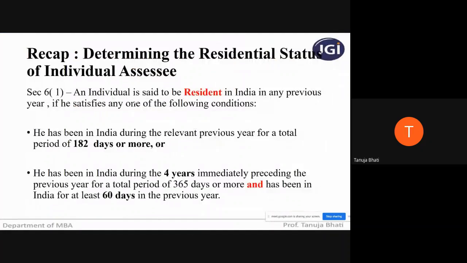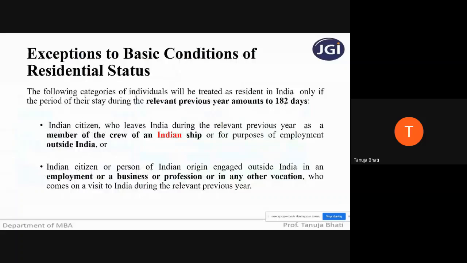So students, what they're telling here is, she was an Indian citizen, but she left India for what reason? Employment purpose, because for joining a job in Tokyo. And I already told you all, let us just go through the slides so that you can get a quick revision. A person who is leaving India for employment purpose, how are you going to check his residential status? You're just going to see whether he's in India during the relevant previous year for at least 182 days.